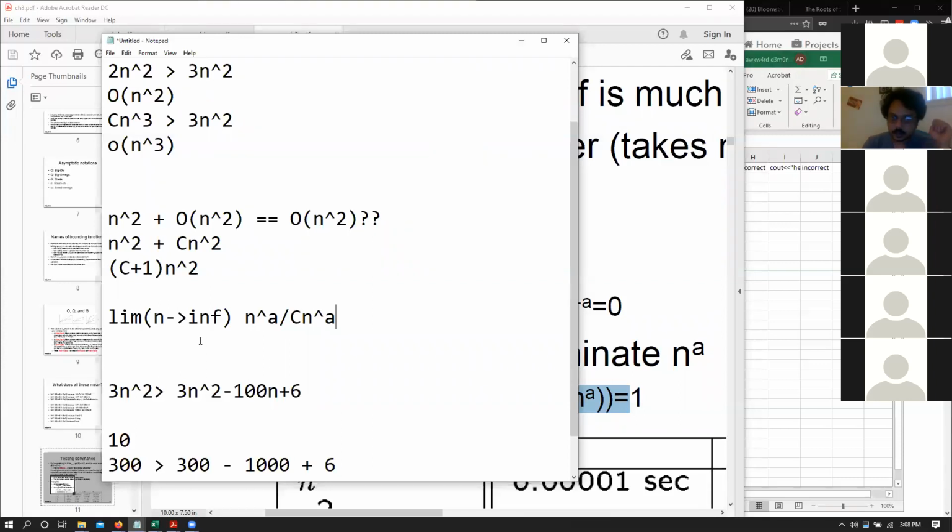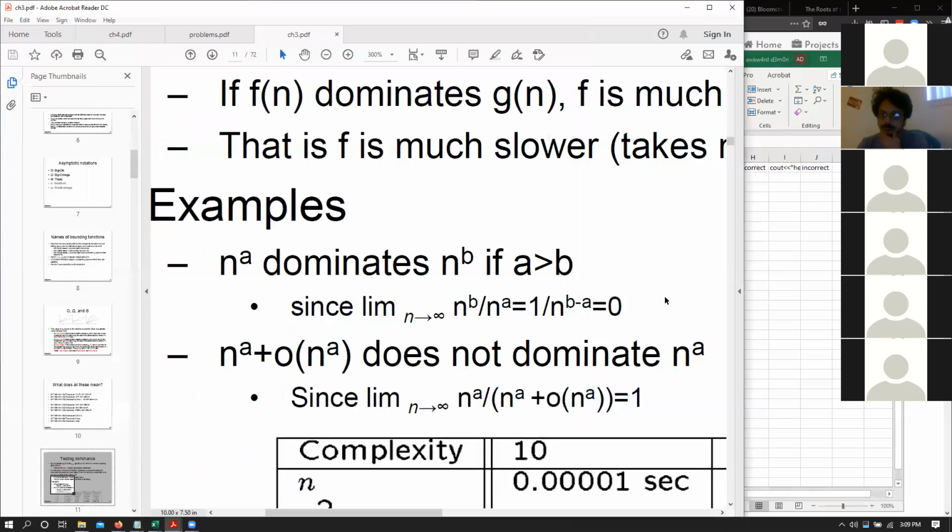Now, if we try to solve this, what do we have? We have n to the power of a here and an n to the power of a here. We cannot abstract out any n to the power of a in this situation. The best we can do is say that both tend to infinity, and then we have infinity divided by infinity in the layman sense. This tends to 1. Do you agree about that? So if the numerator and the denominator both are infinity, then it tends to 1. Yes. So if something tends to 1, that cannot be little o.